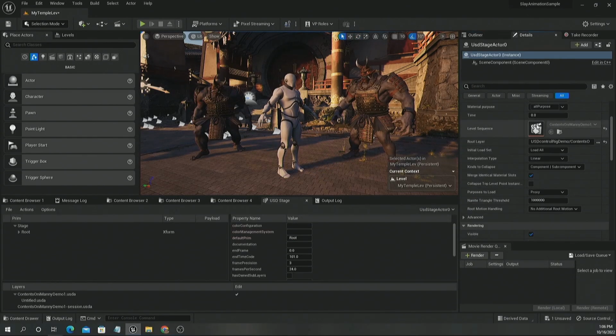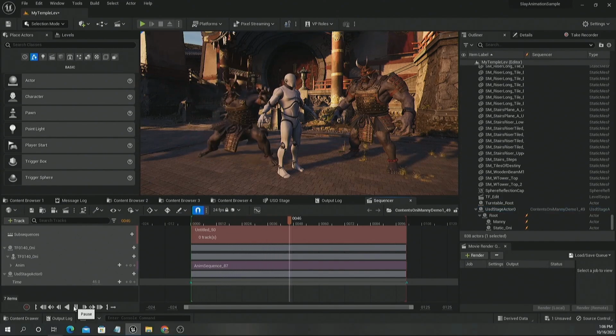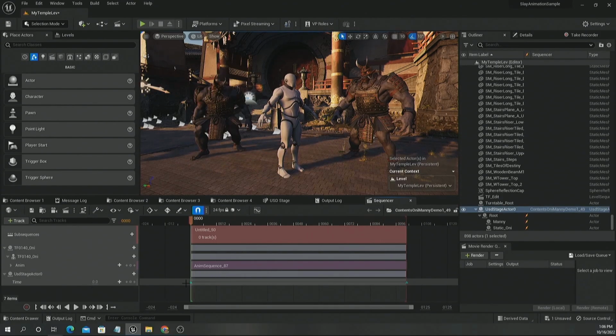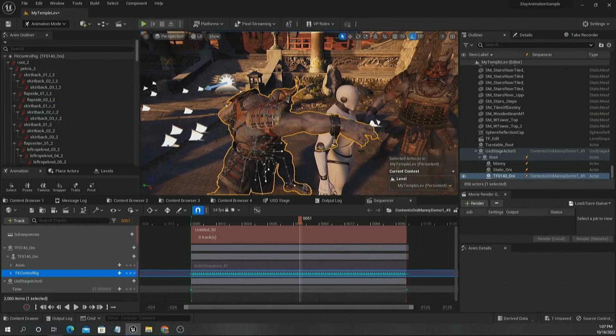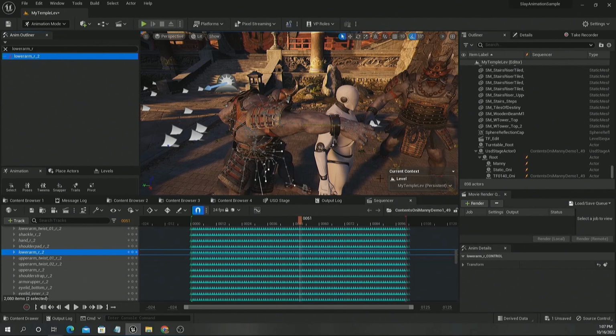So this is an example looking at the control rig driving. All this is USD that's been loaded in, and these are characters that we're selecting, and you're just saying use control rig, and all we're doing here is saying make it FK, right? I just want to adjust some joints.